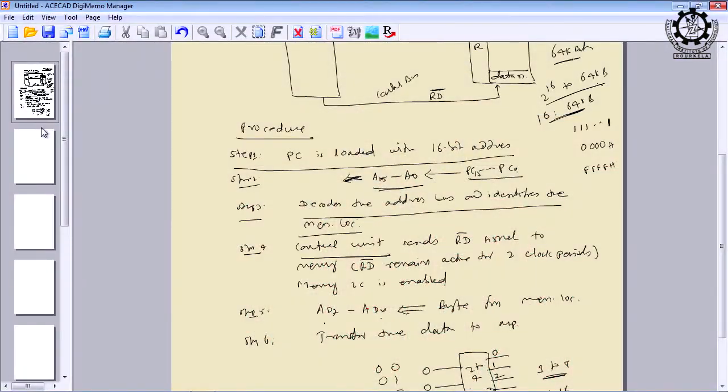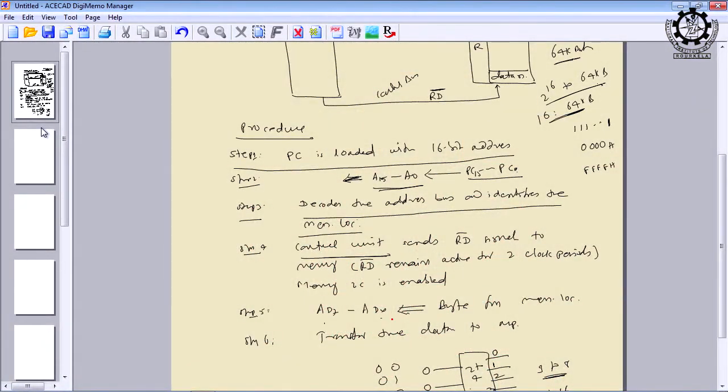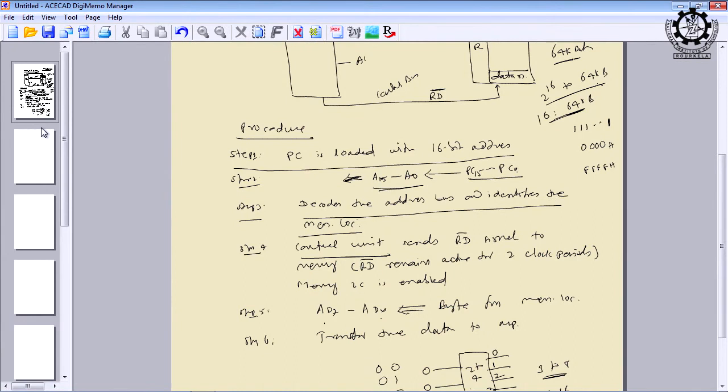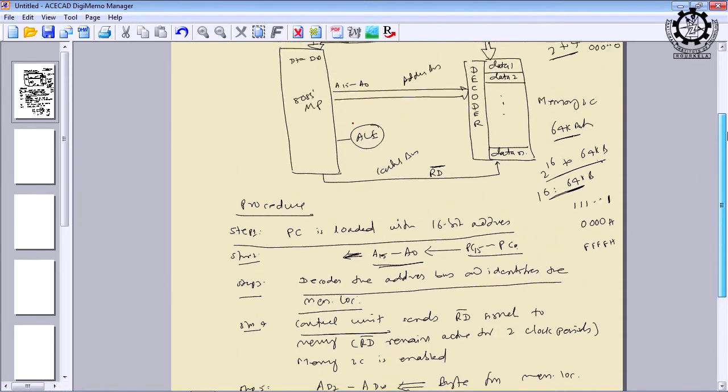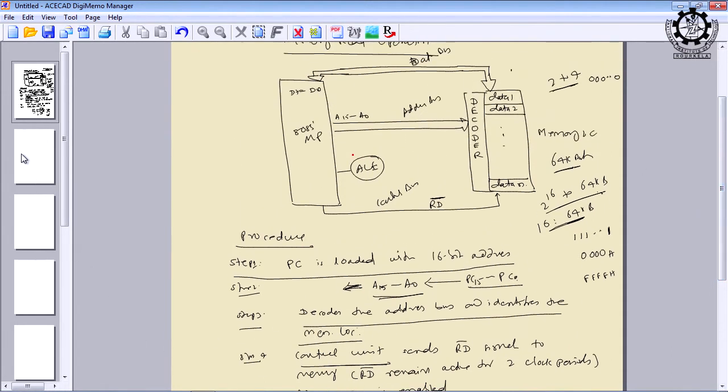And once the memory location is identified, this address bus will be changed to data bus, so that the content of that location will be available from D0 to D7. Is it clear? That means in the next moment, if you want to read the content of another memory location, again it will be A0 to A7. So this switching from A0 to A7, D0 to D7 is known as multiplexing. And this multiplexing operation is possible with the help of another control signal, called address latch enable, ALE. Because this is basically a machine, we have to store this address somewhere before the data is loaded to the data bus.